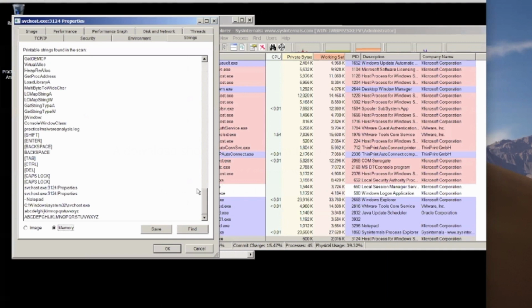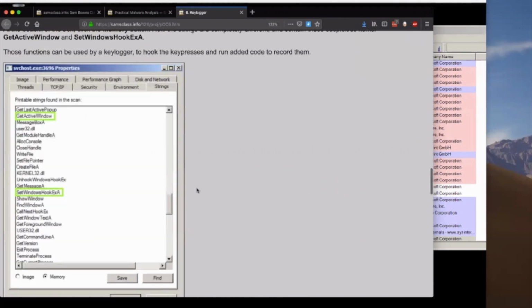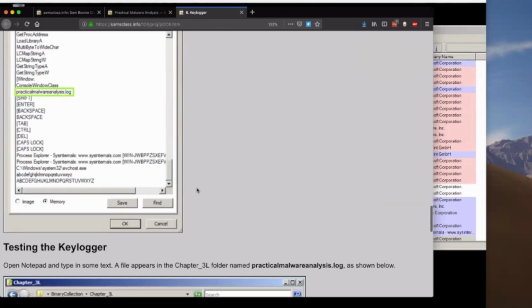It's a way for malware to get itself loaded into memory without ever coming from the disk file, to avoid antivirus, and to gain the privileges of another process. So that's what's happened here. All right, and you can test the keylogger as I did. You can see it working, and you can kill the